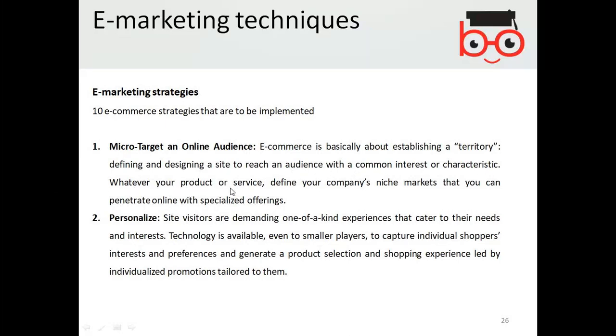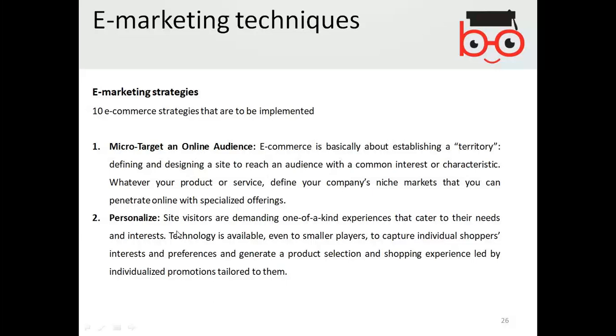Whatever your product or service, define your company's niche market that you can penetrate online with specialized offerings. So you basically need to target your audience, what they want and what your position in the market is. That is one of the strategies you need to focus on.